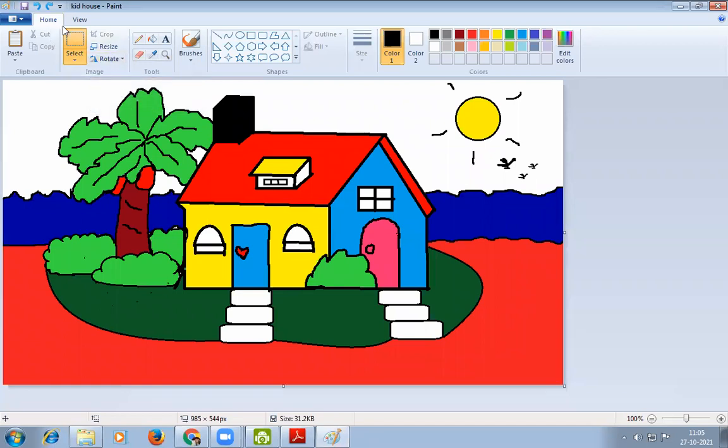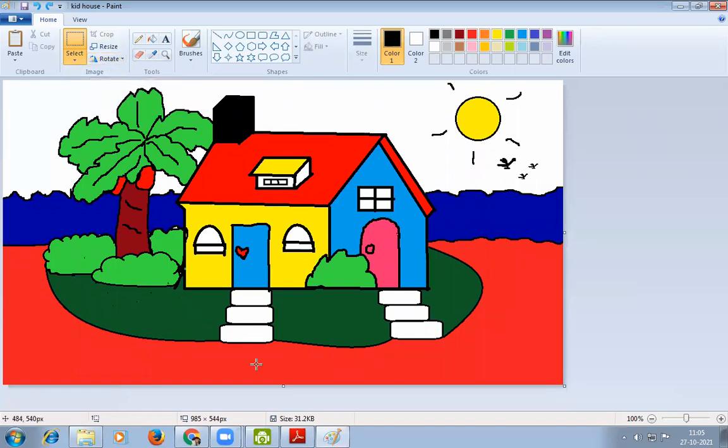Okay, students, I think you are able to see it clearly. This one is image group under the home tab. Okay, and this one is select tool that we have already discussed in our previous class. Today we are going to discuss about crop tool, resize, and rotate tool.